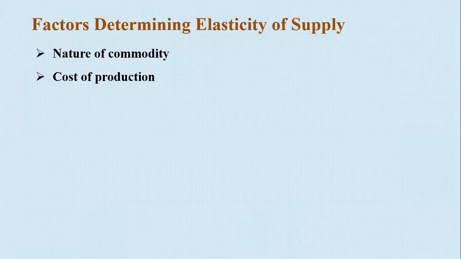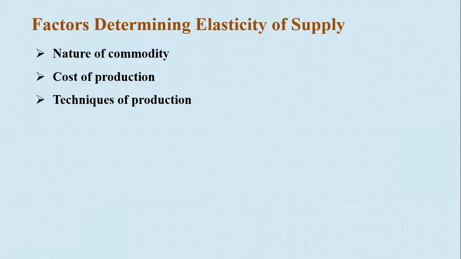कॉस्ट ऑफ प्रोडक्शन, जिन पर्टिकुलर कमोडिटीज़ की कॉस्ट ज़्यादा होती है तो वो लेस इलास्टिक होते हैं, जिनकी कम होती है वो मोर इलास्टिक होते हैं। टेक्नोलॉजीज़, अगर नई टेक्निक्स और मशीन्स का इंट्रोडक्शन इन प्रोडक्शन प्रोसेस हो जाता है तो मोर इलास्टिक सप्लाई हो जाती है। अगर टेक्निक्स कम हो और मैनुअल वर्क ज़्यादा हो, यानी कि आइदर वी आर वर्किंग ऑन द लेबर इंटेंसिव इंडस्ट्री और द कैपिटल इंटेंसिव इंडस्ट्री, इट मैटर्स।